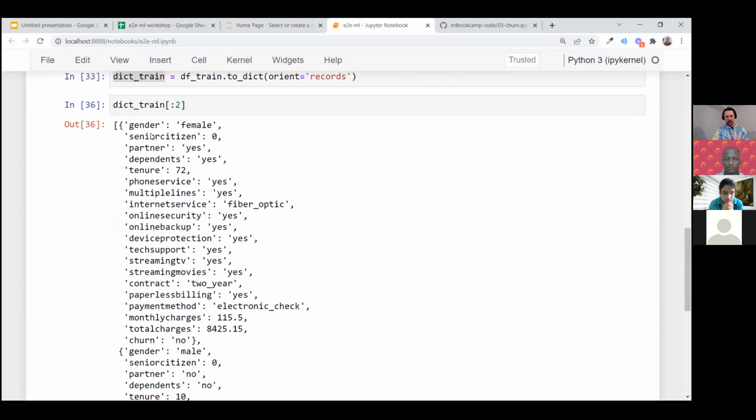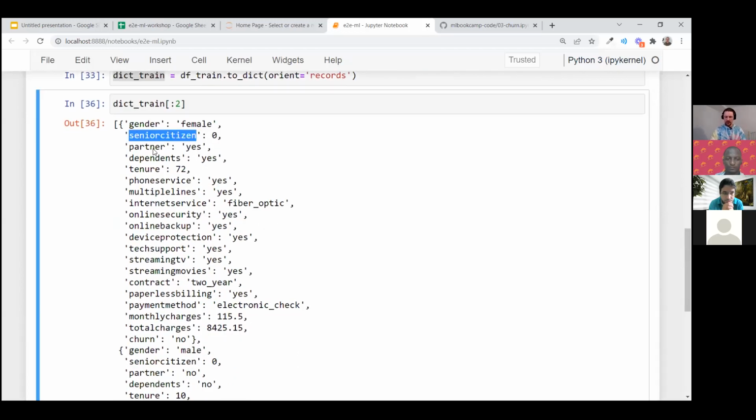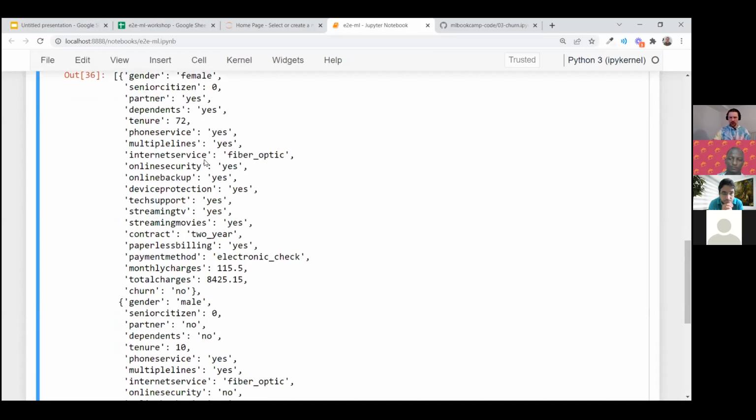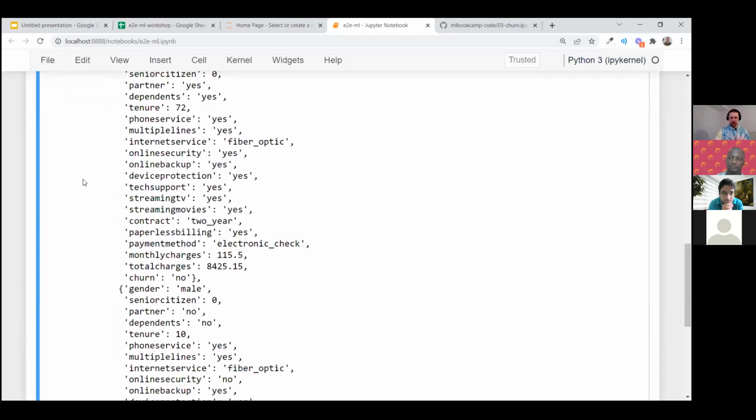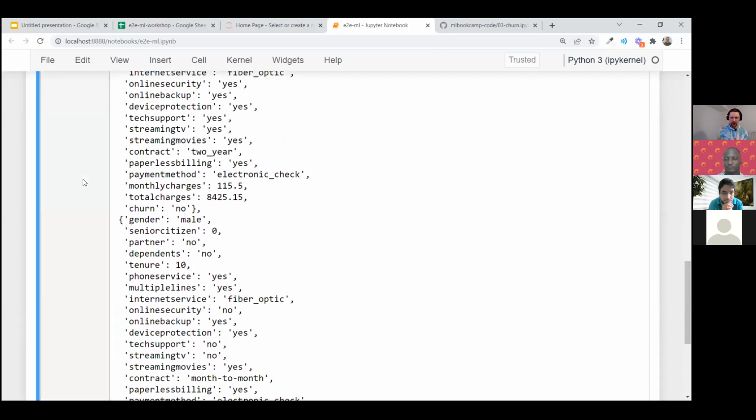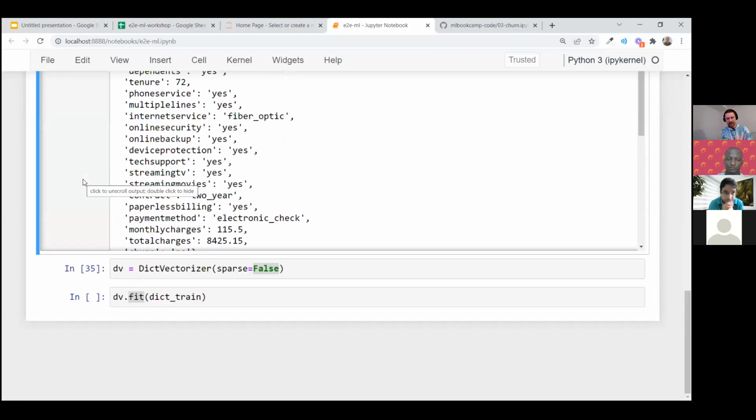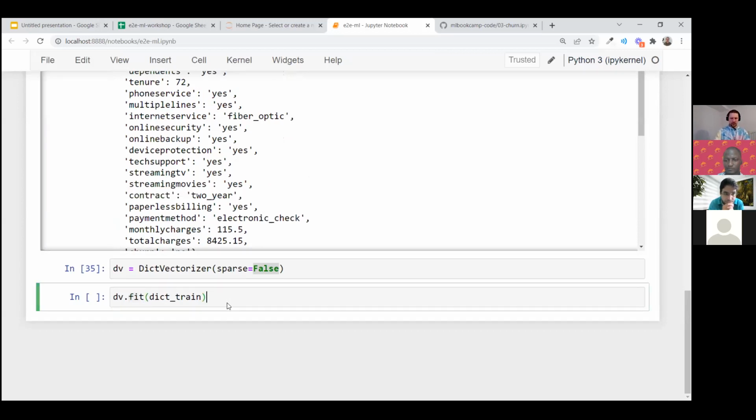It will look at what kind of keys we have in these dictionaries, what kind of variables, and what kind of values we have. Like for partner, is it yes, no, and other things. So it will go through this list of dictionaries and learn how exactly it needs to vectorize them. So this is the first step.